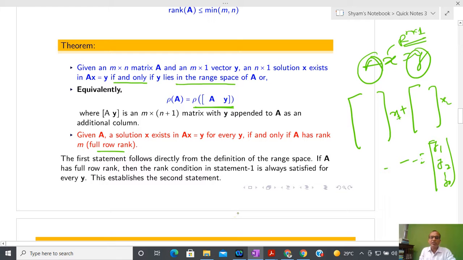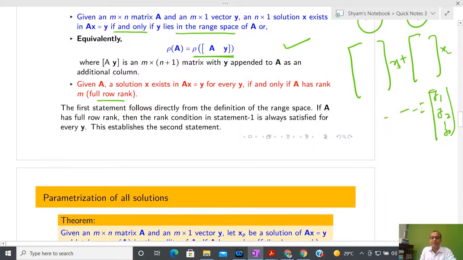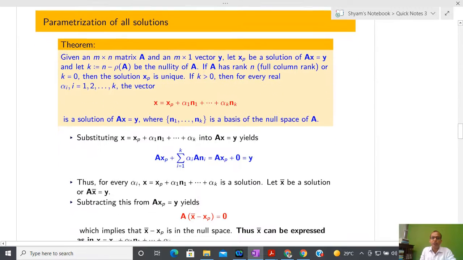And it is possible to show this just from the definition, because from the definition I am telling that I can span y1, y2, yn by adjusting x1, x2 and xn. Due to that reason, the first theorem is obvious. And since the first theorem is obvious, the rank becomes full. Due to that reason, the second statement is also obvious.